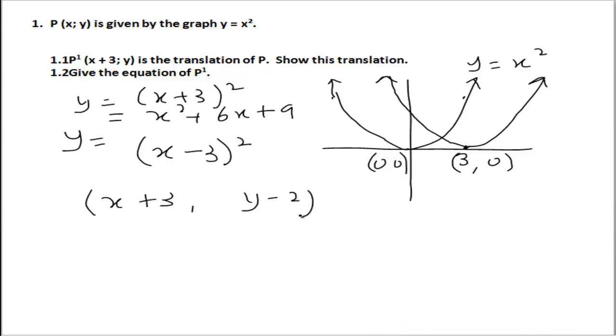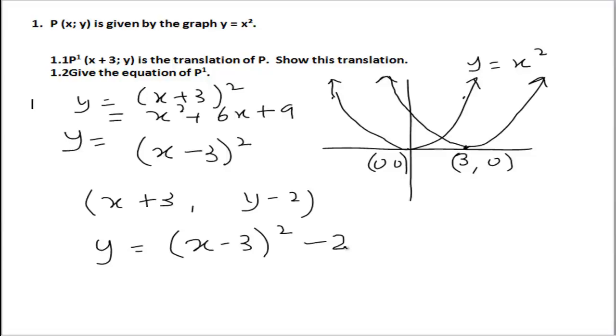So this translation would have been, if we look at both now, y is equal to x minus 3 all squared, and I want you to move this graph 2 units down. So if I move it 2 units down, it's got to be a minus 2. If you try to do that, then you will see you got a 3 and a minus 2,